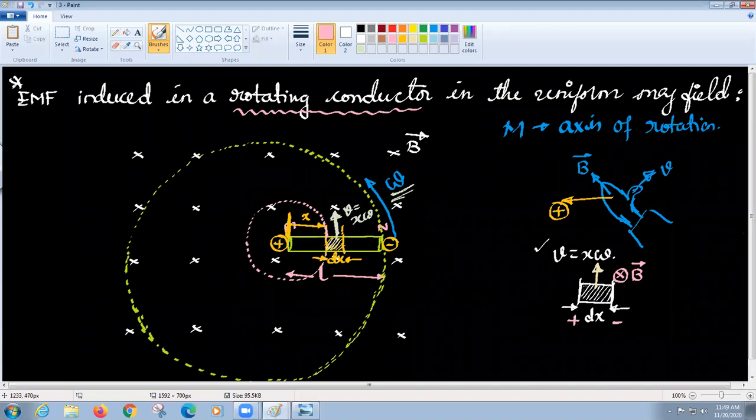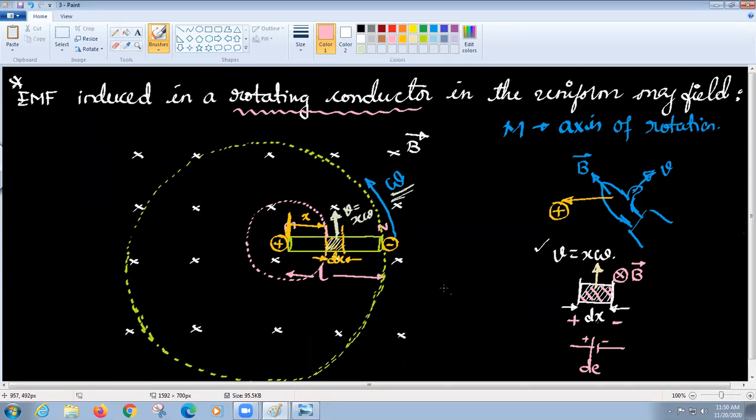Now because of this dx, I can say you have a dE induced EMF. Because I have positive potential here, negative potential here. So within that element dx, in the course of rotation of dx, this dx is cutting these magnetic lines of force, or we can say magnetic flux is changing because of the rotation of dx. So therefore I can say this dE emf is induced within the element dx, and the polarity is positive here and negative here.